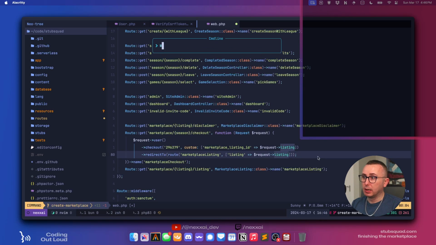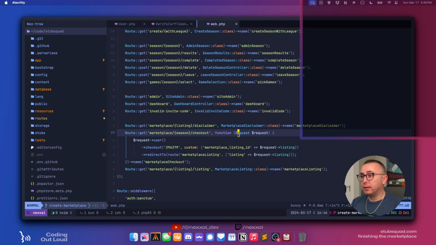Okay, so if you want to list your season, you have to go to the checkout, and the listing isn't going to even exist yet. First you have to pay, and then once you pay, you'll go through this checkout flow, and if it's successful, you'll get redirected to the marketplace listing.